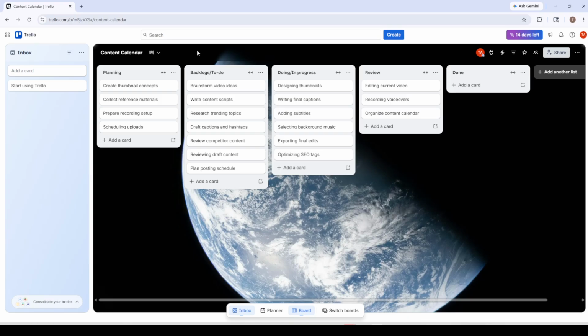Next, map your workflow using lists. In Trello, lists are your Kanban columns, each one representing a stage in your process. Click Add another list on the far right and start with a simple three-stage flow: backlog or to do for